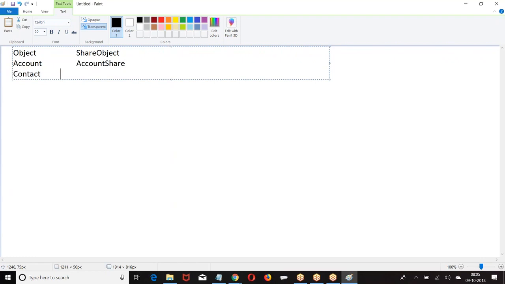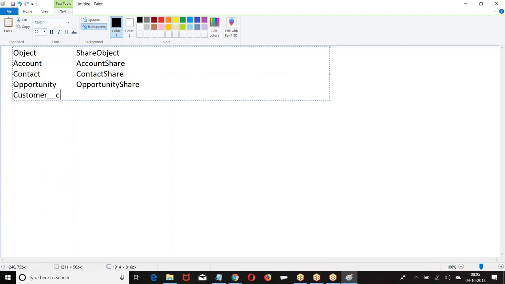If I have a contact object, all the sharing rules on the contact object are stored in contact share. Opportunity, all the sharing rules on opportunity are stored in opportunity share. If you have a custom object like customer, all the sharing rules are stored in customer underscore share. So every object has a corresponding share object in which all the sharing rules will be saved.